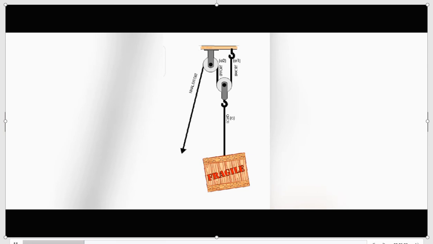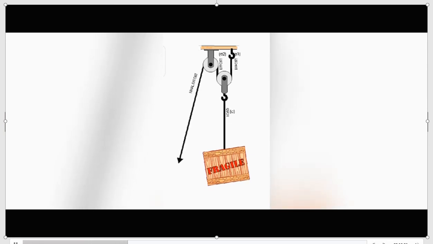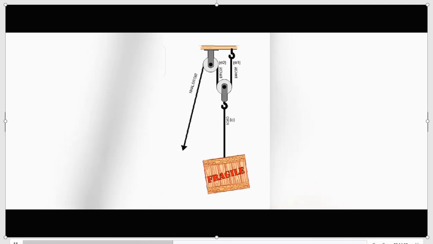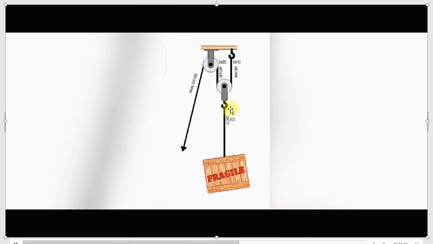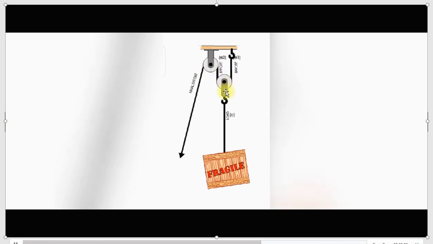These are double or even triple sets of wheels put into a pulley system. These are called the blocks and tackles. A lock stops the load from slipping down. You can see over here there are two pulleys. One pulley is being moved and the other one is the fixed pulley. So you can use more than two pulleys over here.